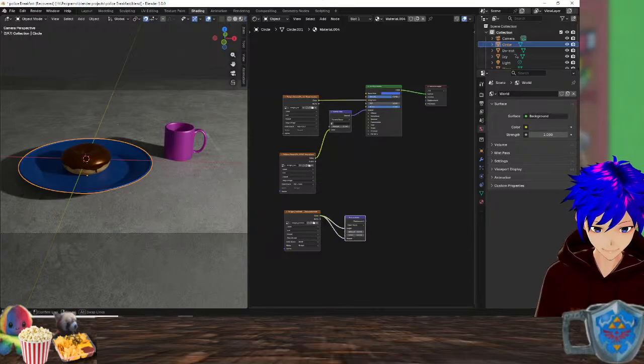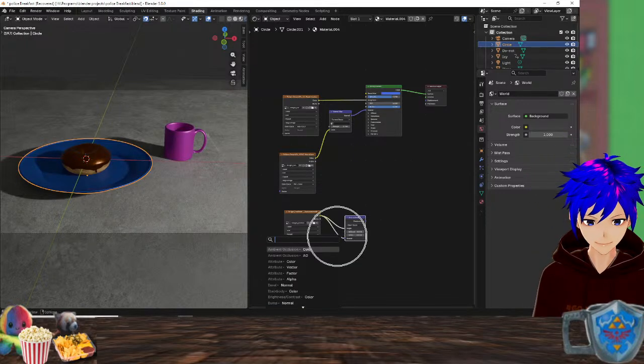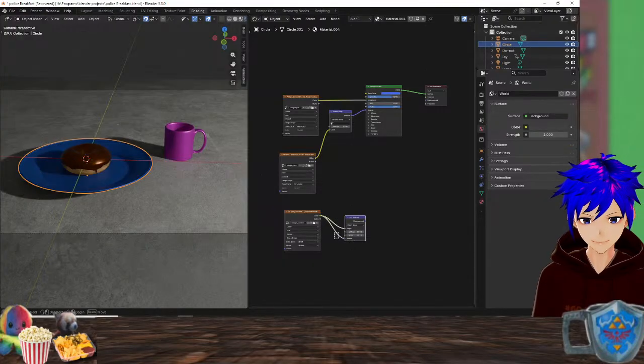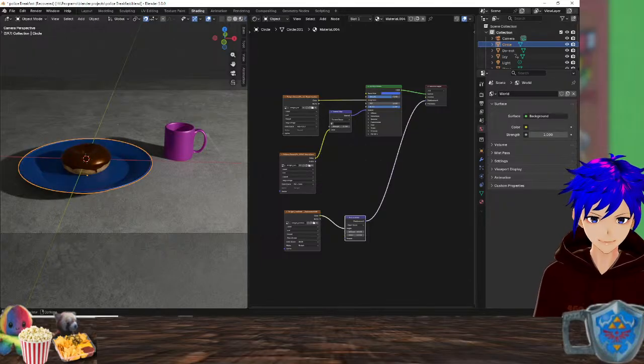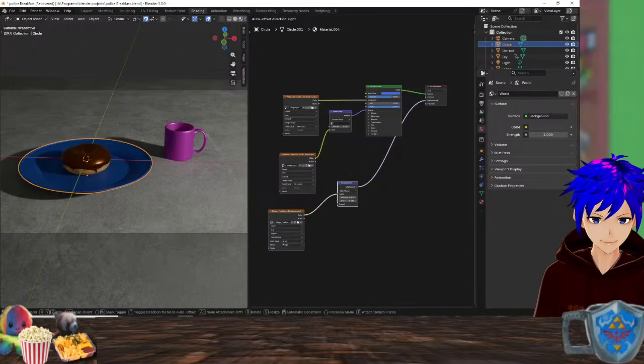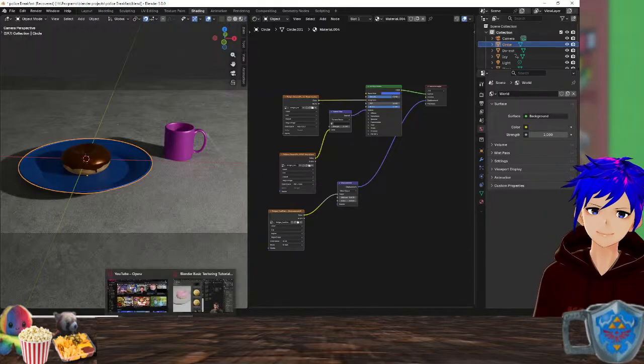Wait. No, wait. What was it? Can't disconnect it. That's interesting.